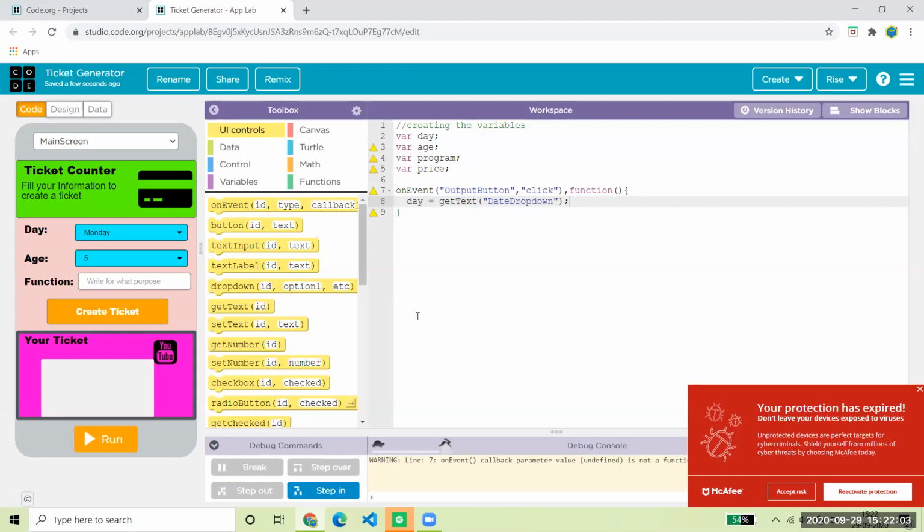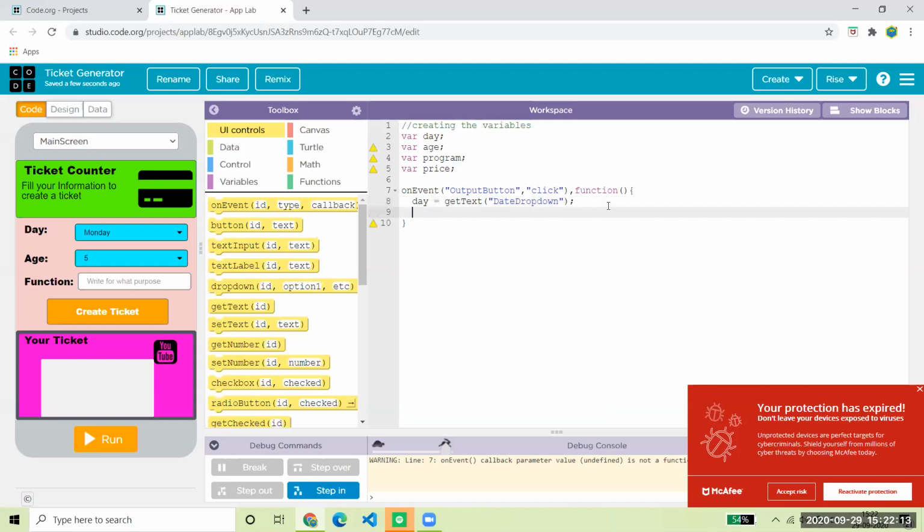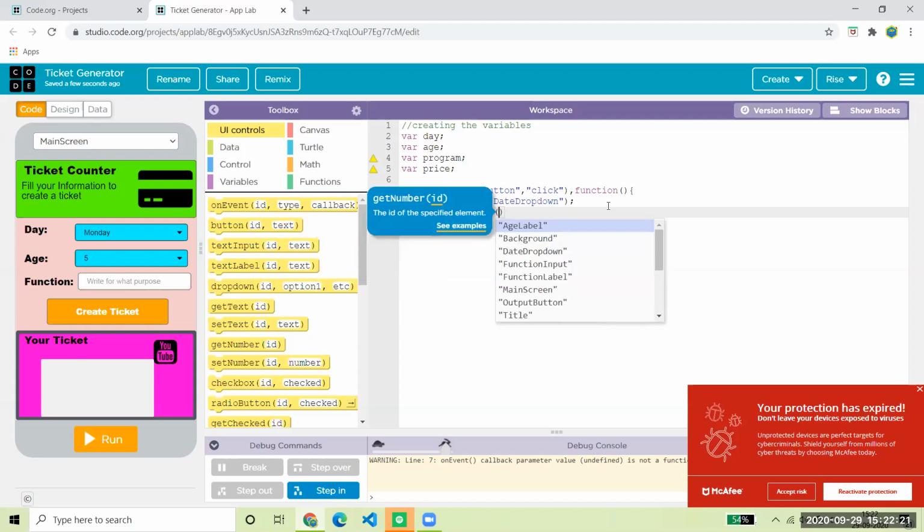Similarly, the function known as get number helps us to get the number which is inside that component. So now, age equals get number from the drop down.